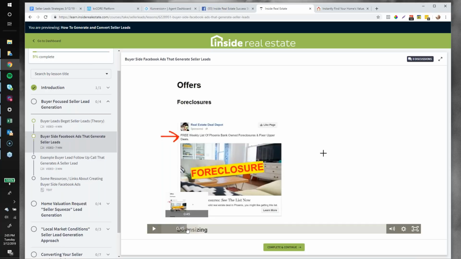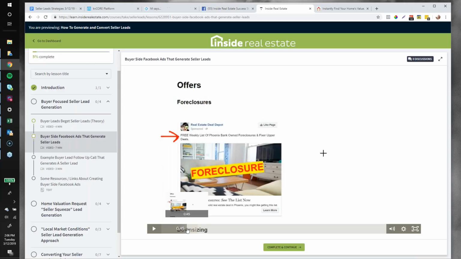You used to be able to target homeowners specifically on Facebook, but they took that away with all their drama. But if you targeted, say, married people or parents or people in specific zip codes where the ratio of homeowners to renters is really high, there's a good chance that the person opting into this might be a homeowner thinking about investing in a property, or maybe they're just curious. So this offer, the list of foreclosures and fixer-uppers, is probably the tried and true cheapest way to put somebody